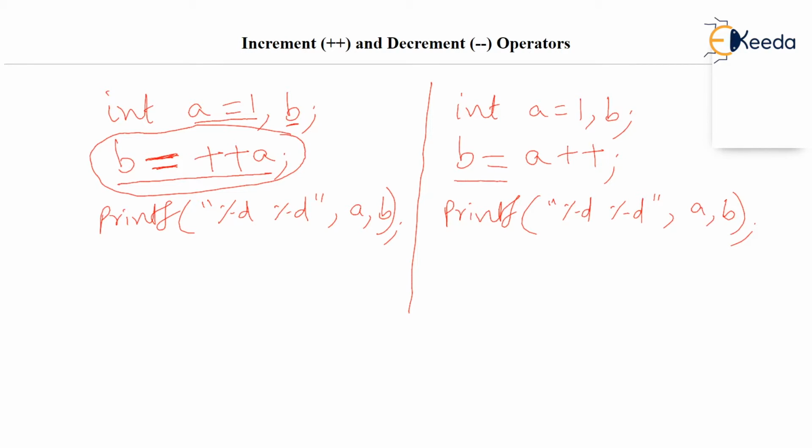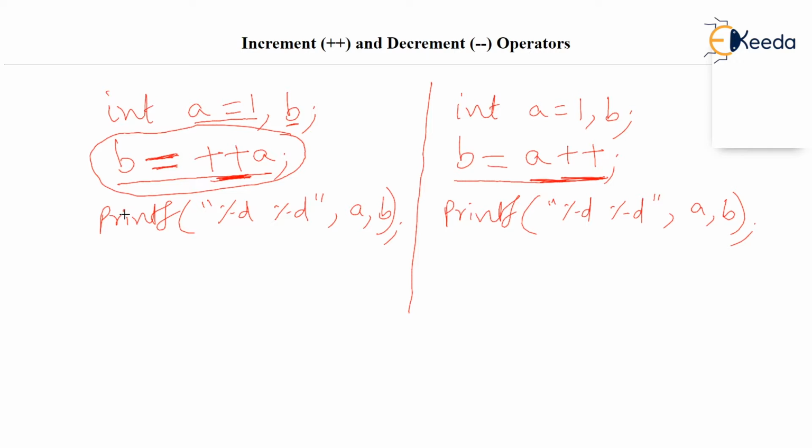So here in this expression, plus plus is given before a, plus plus is given before the variable a. Such a plus plus operator, of course it is the increment operator, but it is known as the prefix operator. Whereas here plus plus has been given after the variable a. Of course plus plus is the increment operator, but it is given after the variable a. In this situation, plus plus is called the postfix operator. Post means after, isn't it? So it is given after a. So it is known as the postfix increment operator.